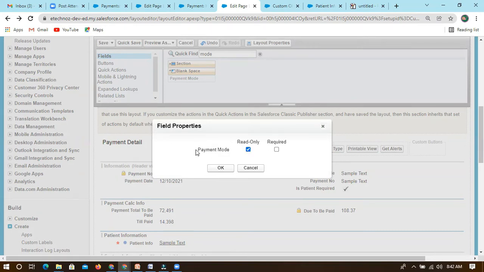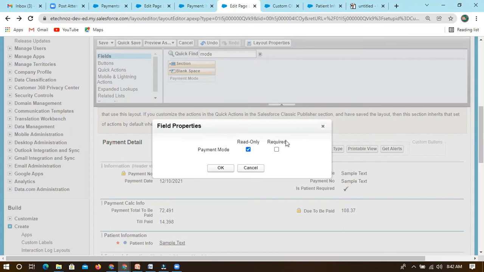We can have such a requirement, for example for chemical. If they log in, they can't even edit it, so for that requirement you have to put read only.